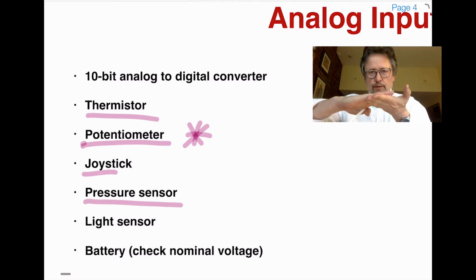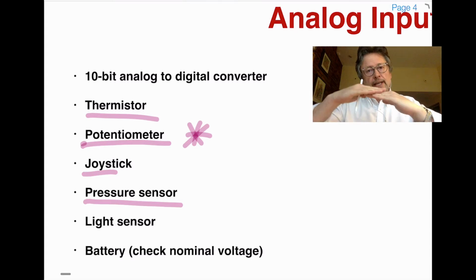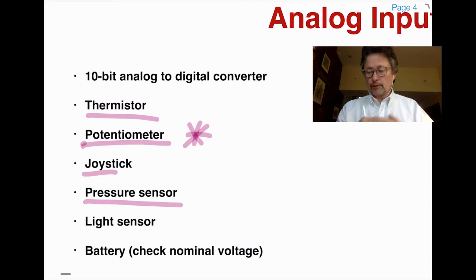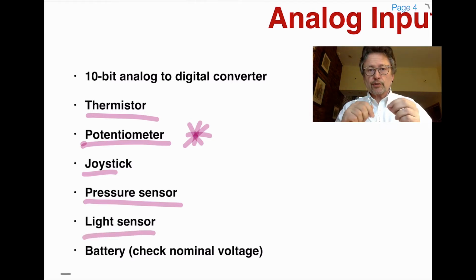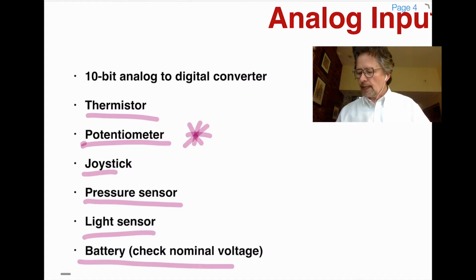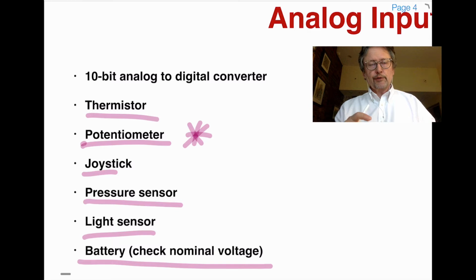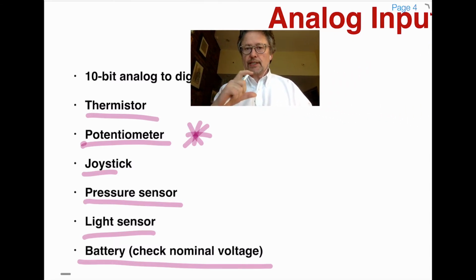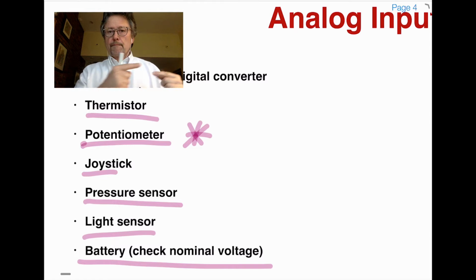Pressure sensor, something that is sensitive to pressure, and so depending on the weight on the sensor, you're going to get different numbers, and you should be able to measure weights in that way. Light sensor, it's a resistor, so all of these are resistors whose value changes with something happening. Depending on the amount of light, your resistance is going to change. And then battery check, just quickly, I had mentioned that in a previous unit: if you want to measure whether your 9-volt battery is good or not, you could have the Arduino measure the battery voltage using an analog input